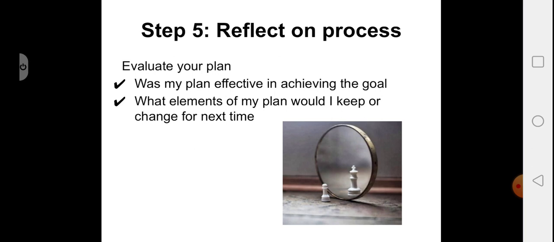Say you have put your target as a doctor. You want to get a seat in MBBS. So you have done the process. You have set your goal. You have prepared your learning objectives, and you have gone about the process. But have I reached the appropriate destination, a good medical college? If not, then what were the loopholes, and how can I do it better the next time for future goals?